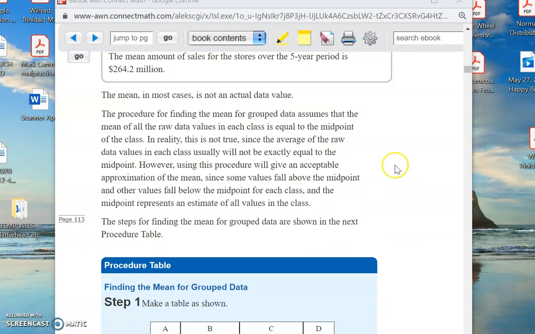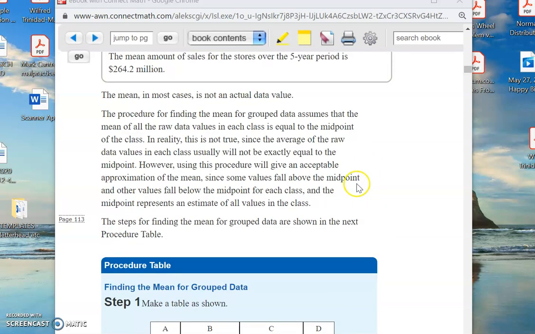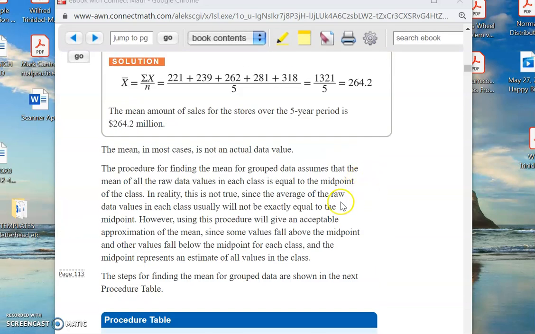Okay. Now, we learned in a previous chapter how to handle this grouped data business, okay? How to do the tables. Well, the concept here is that we want to find out what the mean is for grouped data as well. So how do we do that? So that'll be the subject of the next video. Each of these videos can only be 15 minutes long. So sometimes obviously I have to make several videos on some of these chapters. So that'll be the end of this video.